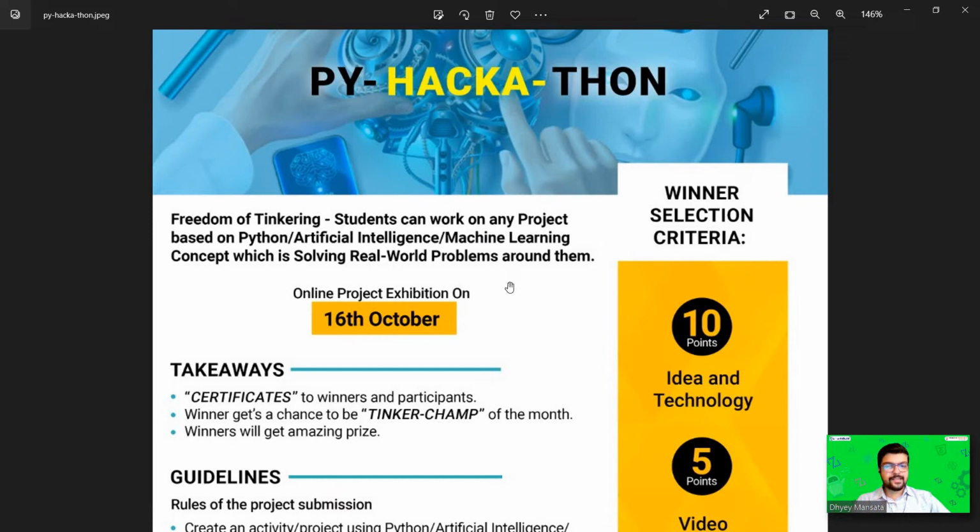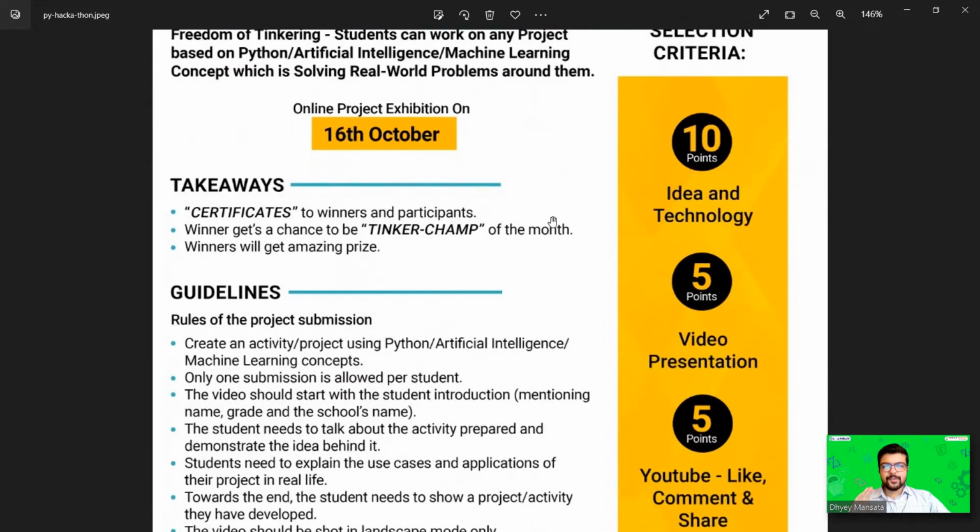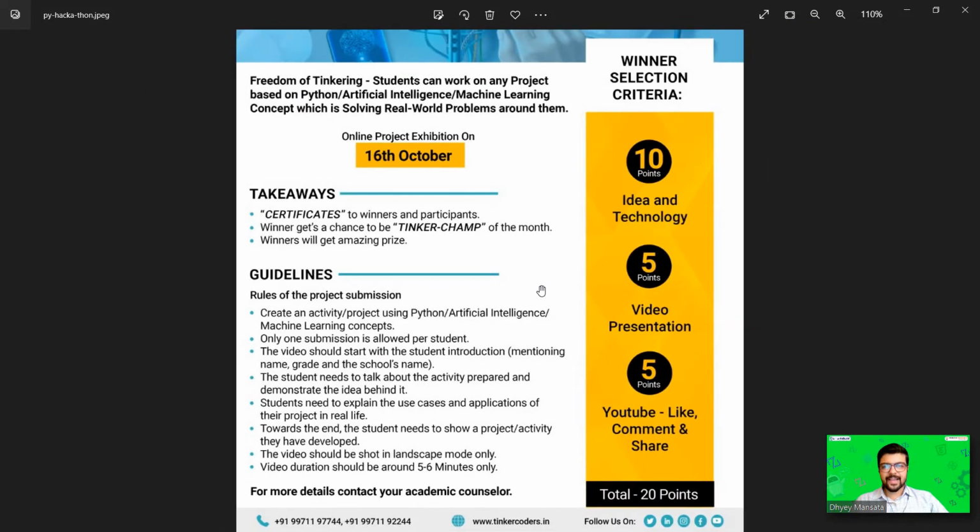So you can choose anything from these options, and you can take help from your trainers or your family members to choose a topic or an application. So all you need to do is choose your project and an interesting name for your topic, and then make the project, and then you have to make a submission in the form of a video.